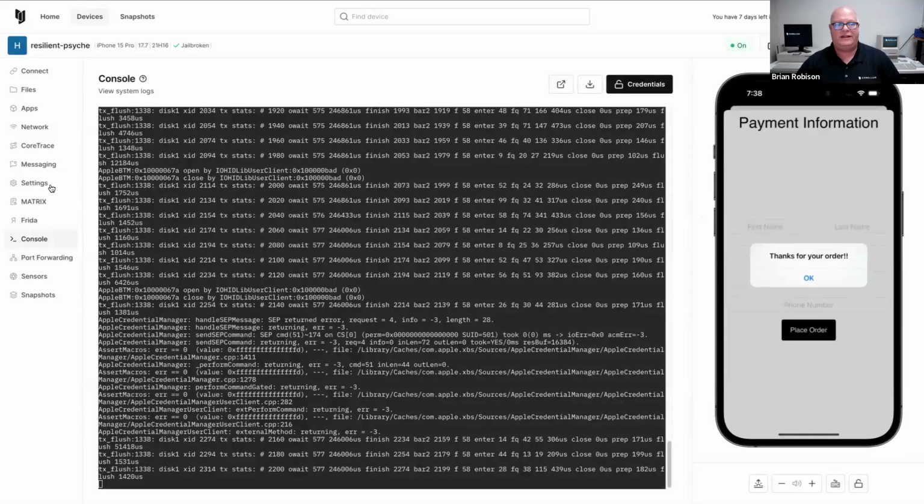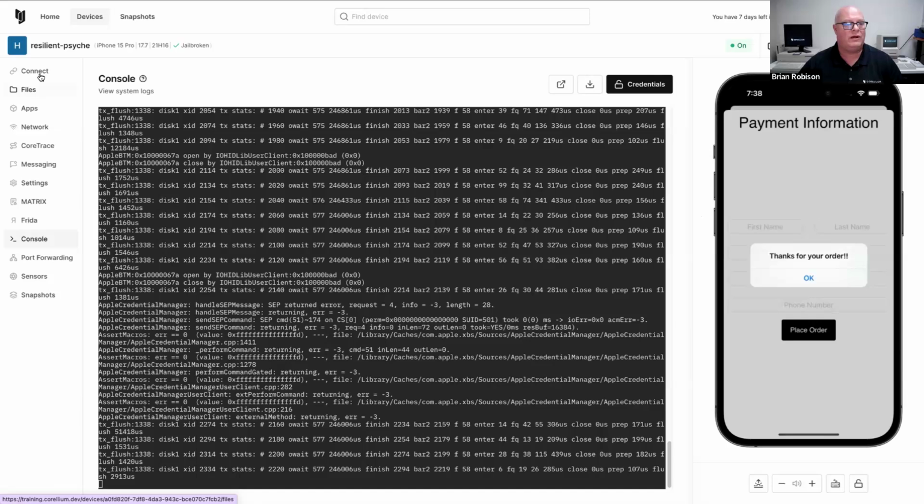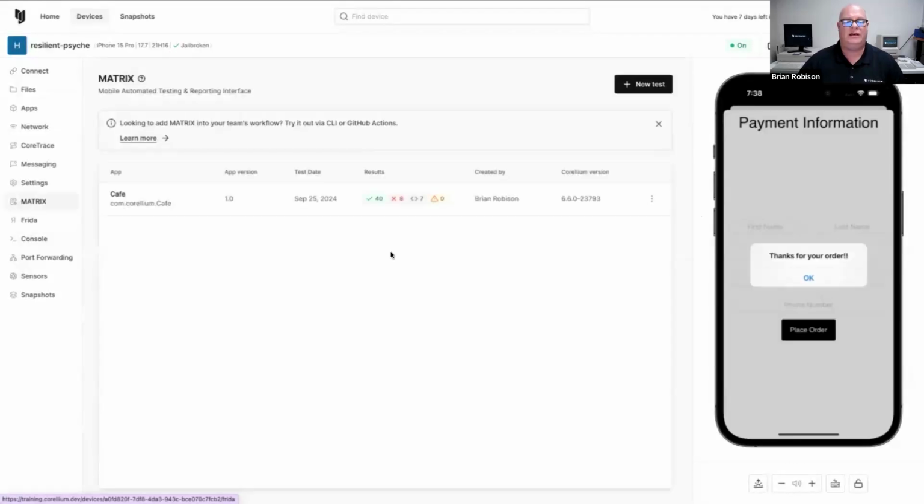But as you can see here, I've actually done a little bit of work on this 17.7 device. And what I've done is I've run a matrix test against our Corellium Cafe application. So you can access Corellium Cafe through the corellium.com/scenarios page, where you can look at app pen testing scenarios,